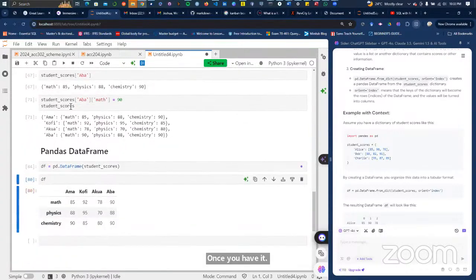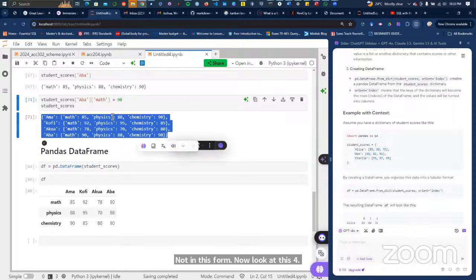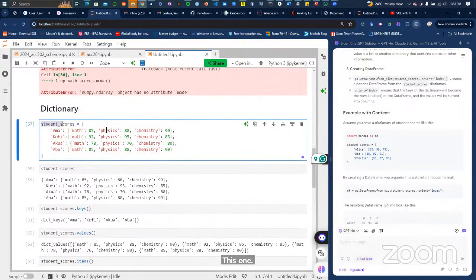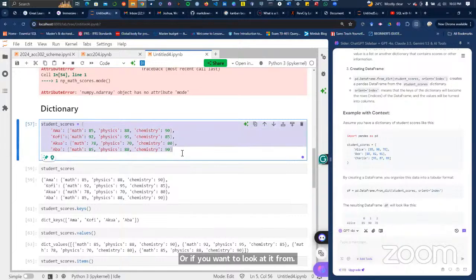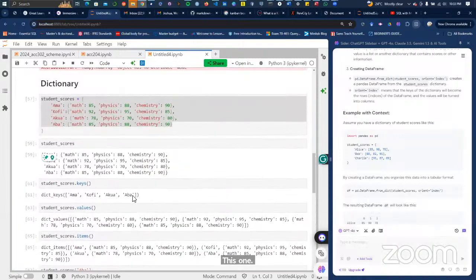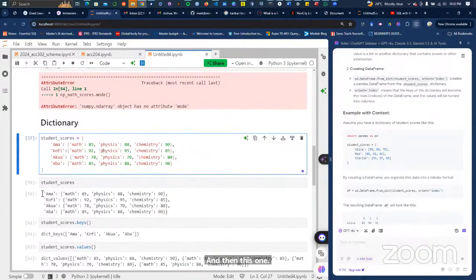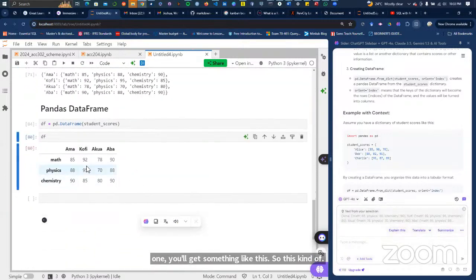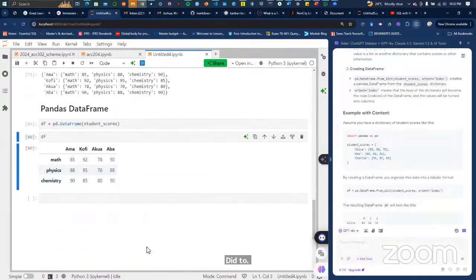Now look at this form, this one, and then this one. When you run this one, you get something like this. So this kind of data, the way we see it, is more easy to manipulate. That is why this is a richer data structure, which can help us do so many things.